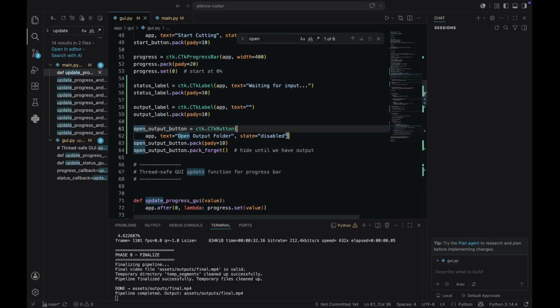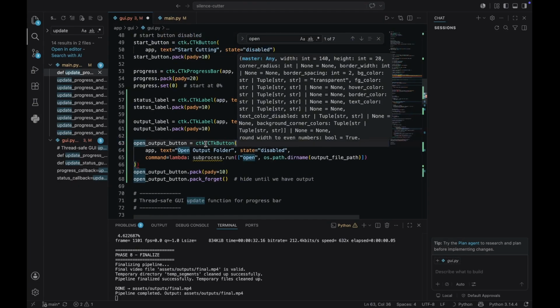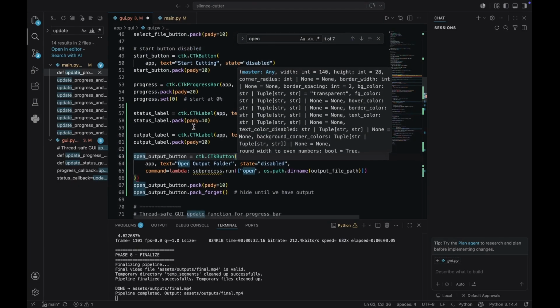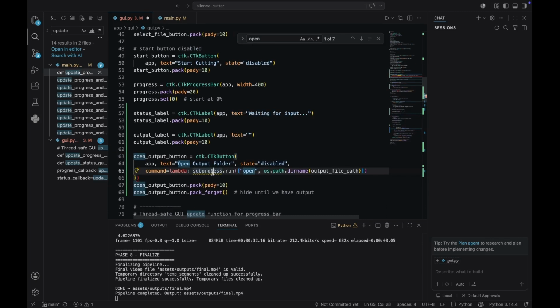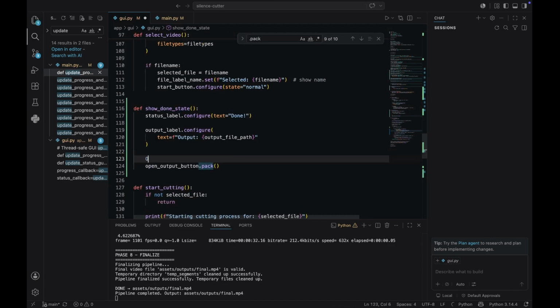Let's try this. We need to modify to a command, import os, since we're working with file handling and it reads files as a process. It needs to be called too. So our shutdown state, configure state normal back again. Okay,